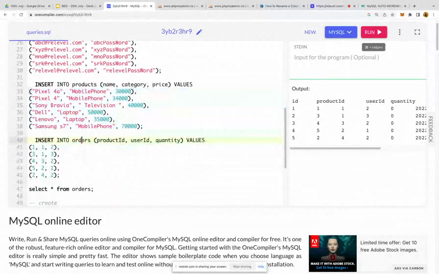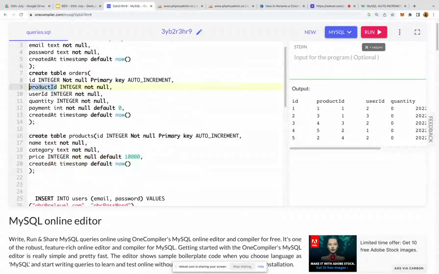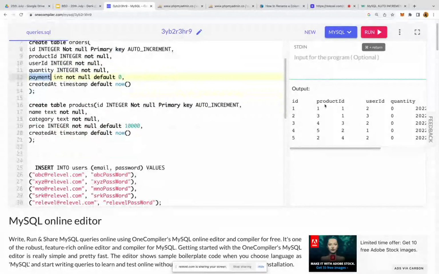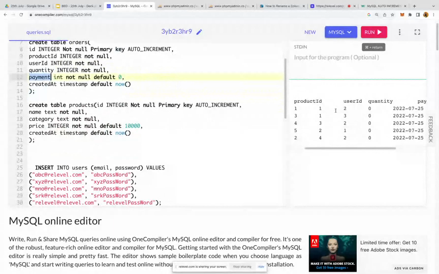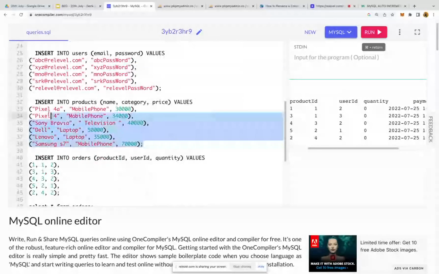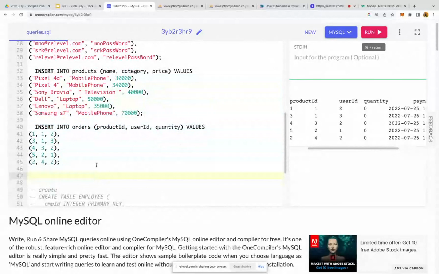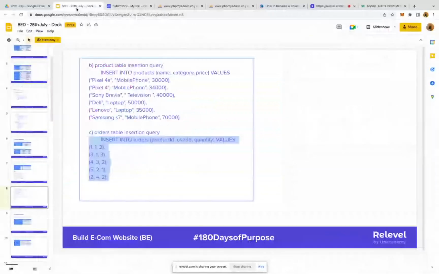And in the order table, we are inserting whatever product, who has purchased it, and how many quantities. If you see the order table, you can see product ID, user ID, and quantity. And by default for the payment, we are giving a value of 0 right now. So we are not providing any payment information in the order table. Correct. So now we have inserted everything, and everything is working here. Now we will move further and check more into the